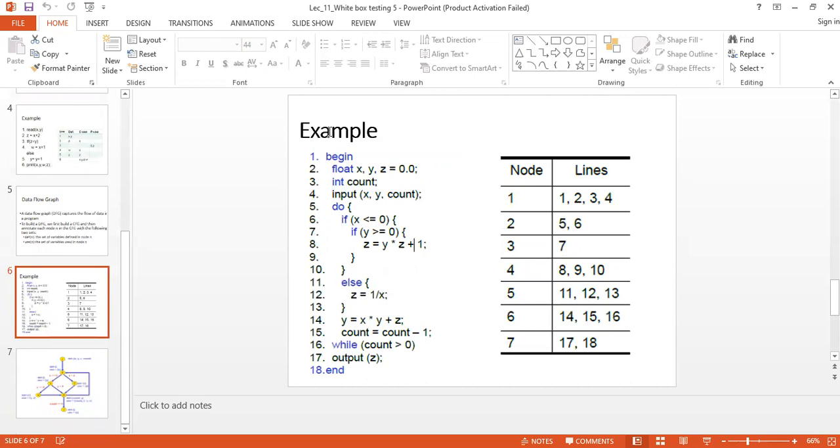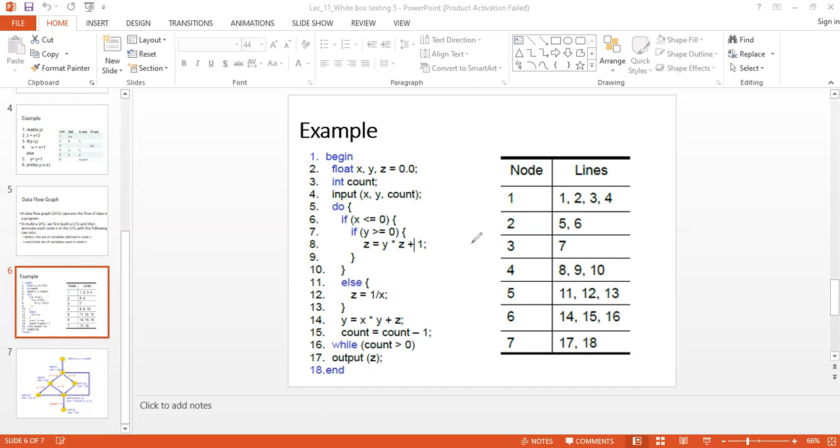So if I take this particular very big program, it has 18 lines. So begin, we can consider that neutral.